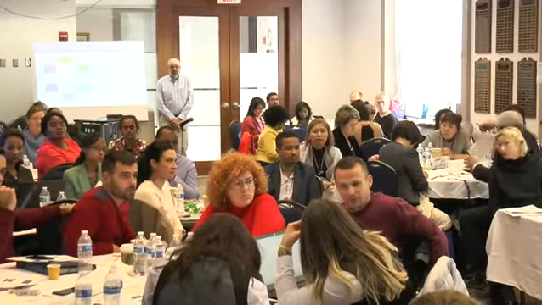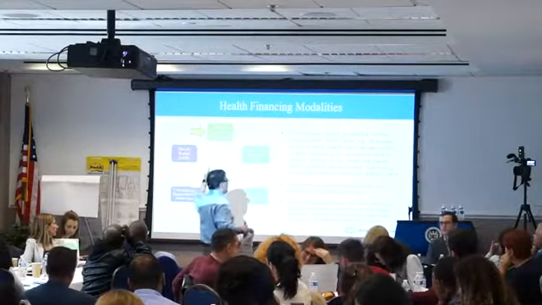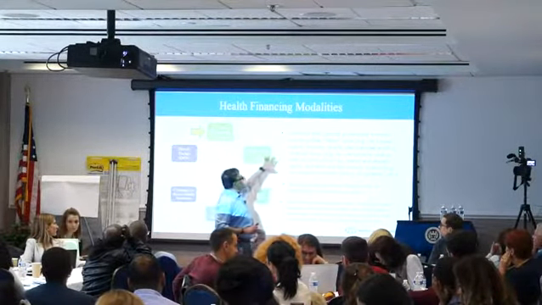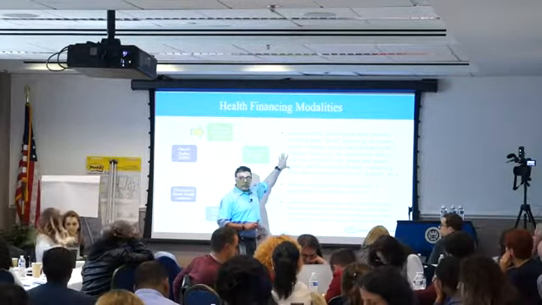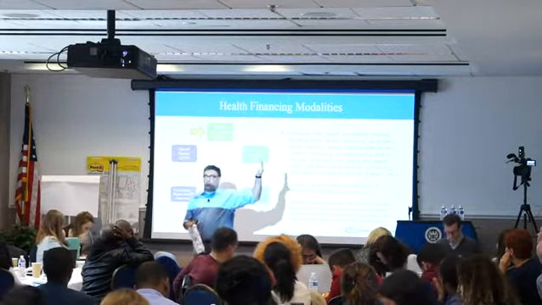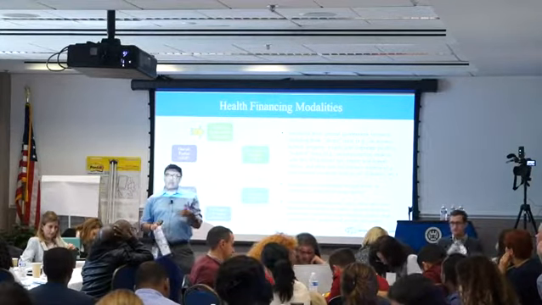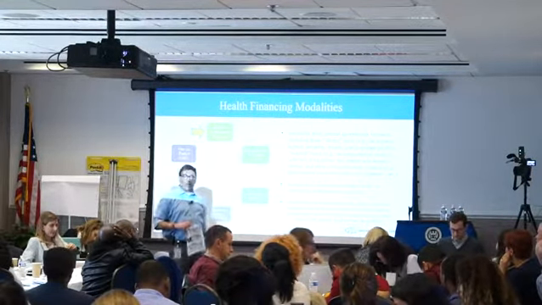So, sorry, this is government, general government revenues. I've left social health insurance for the next. So this is really looking at the government budget as a source of financing for the health sector. This is really what we talked about in terms of Ministry of Finance, taking taxes and then purchasing or